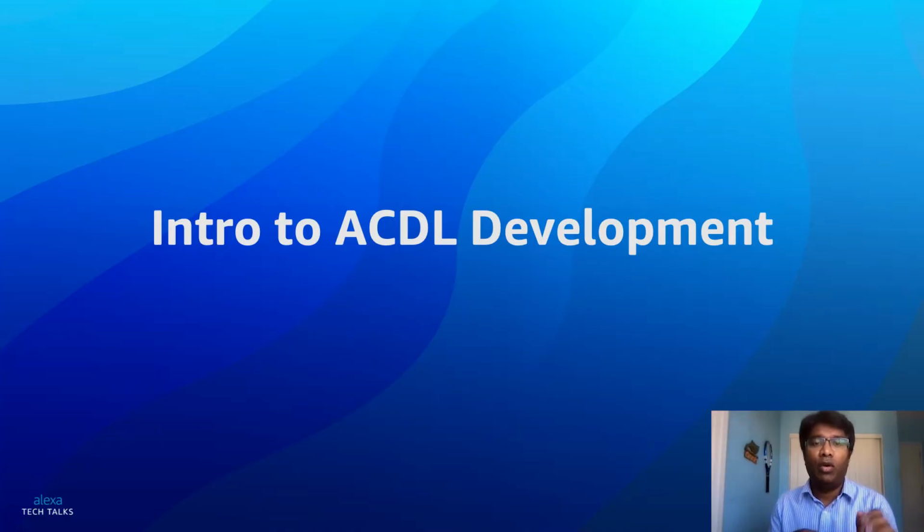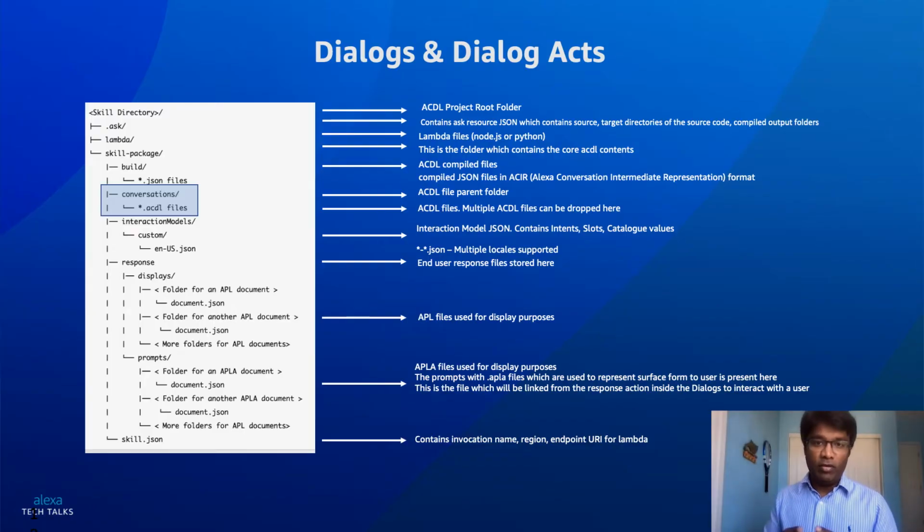Okay, now that you know when to use ACDL and what kinds of use cases to use it for, let's say you're moving to the next stage: you have a great use case where ACDL could be a good fit. All you need to know now is, how do I develop it in ACDL? What are the steps I need to do? Before we go any further into building with ACDL, I would first stop by and see how an ACDL project looks. How does the folder structure look?